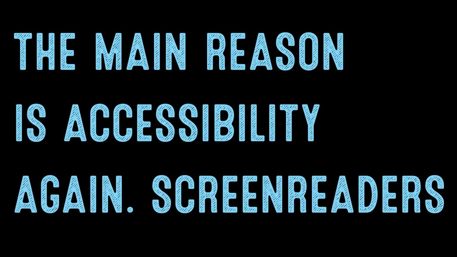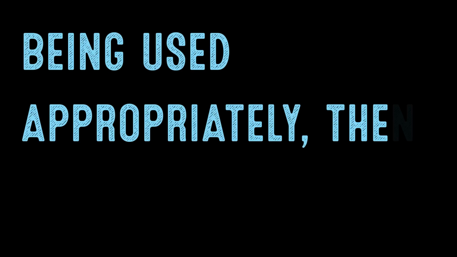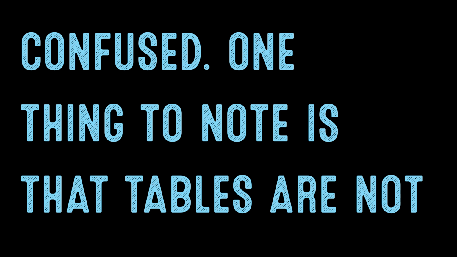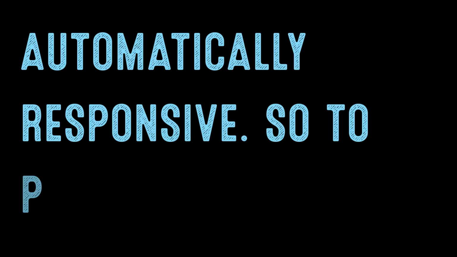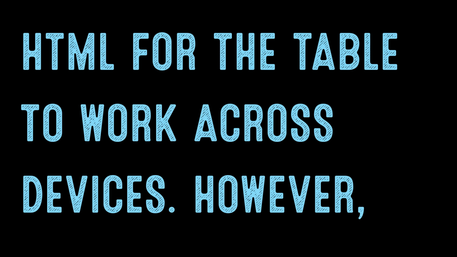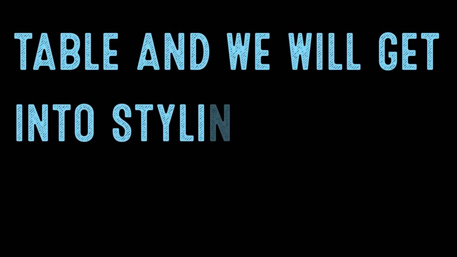The main reason is accessibility again. Screen readers interpret the tags on a page, and if the tags are not being used appropriately, then the user will become confused. One thing to note is that tables are not automatically responsive, so to properly format a table, the CSS styling works hand in hand with solid HTML for the table to work across devices. However, our focus at this time is the structure of the table, and we will get into styling when we